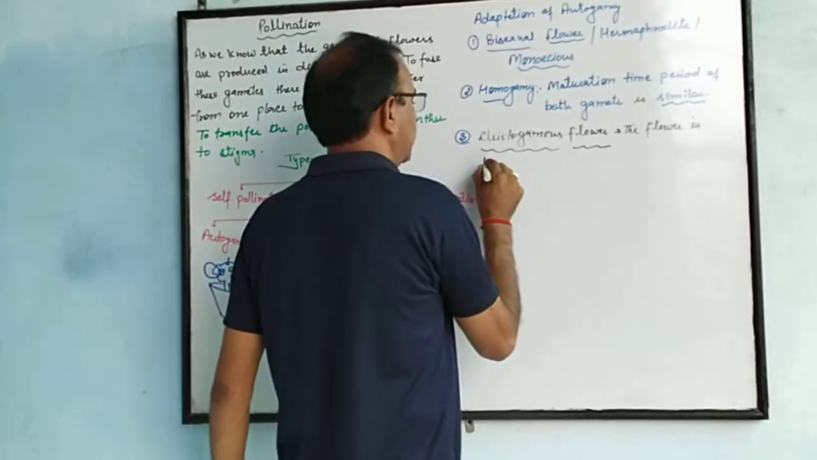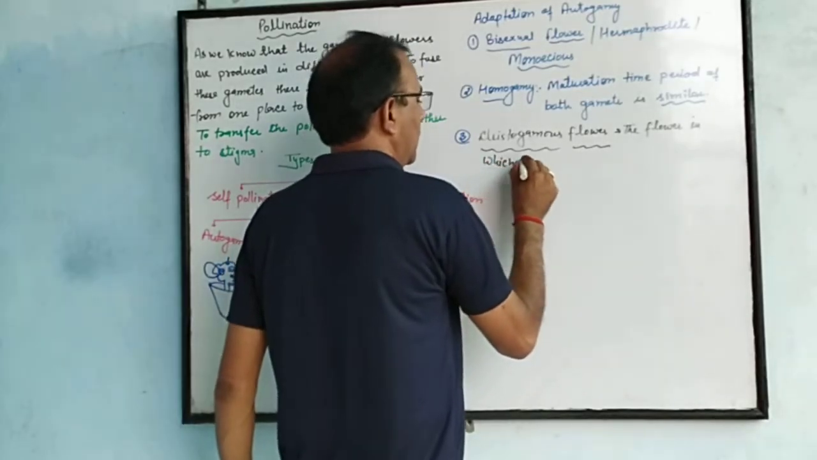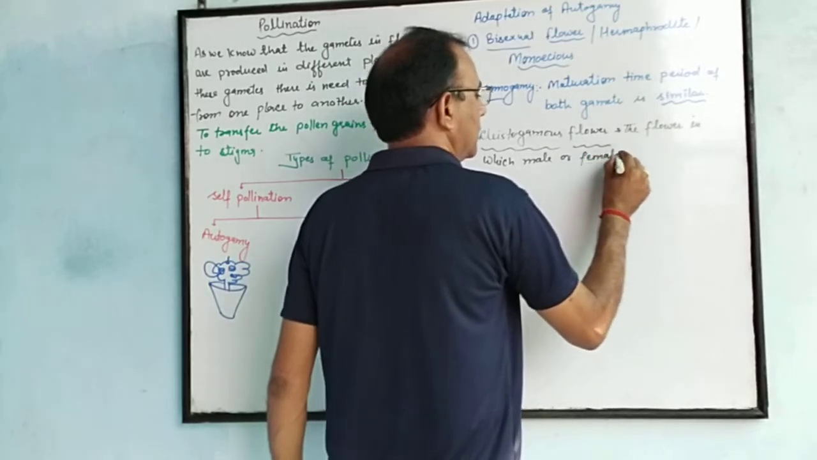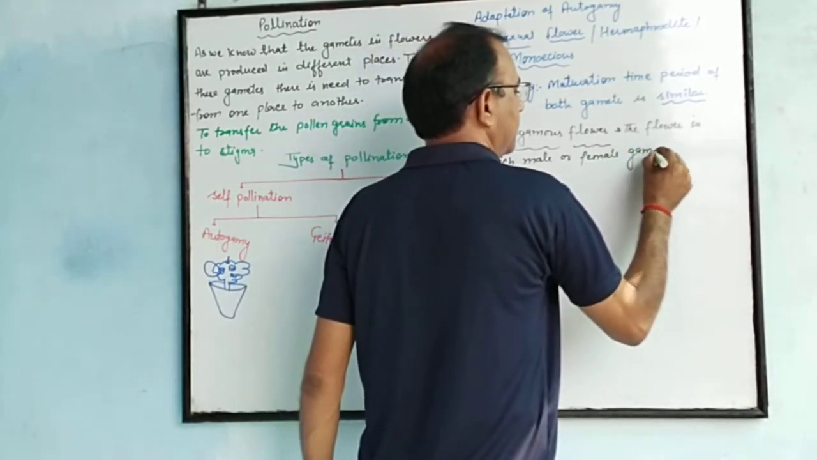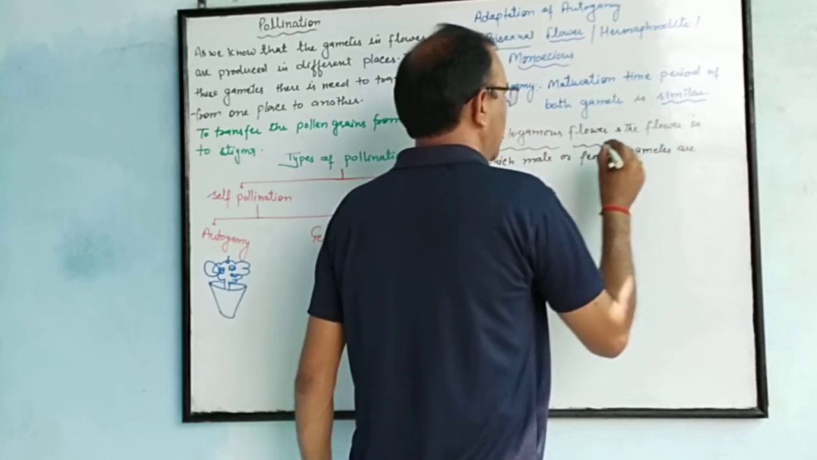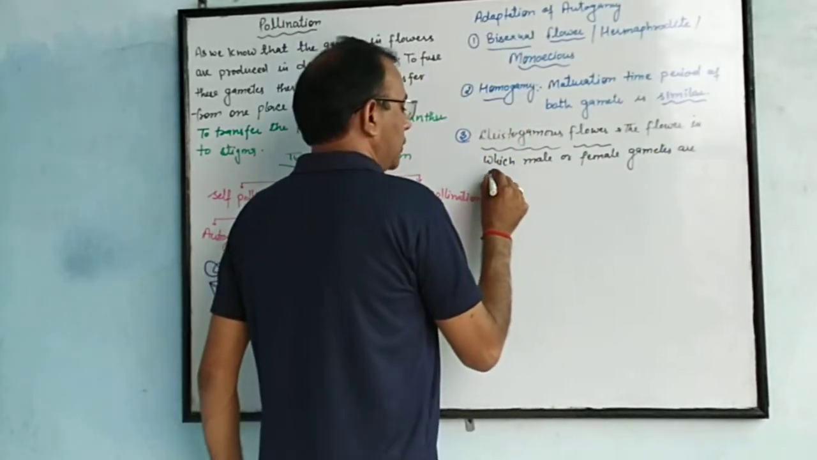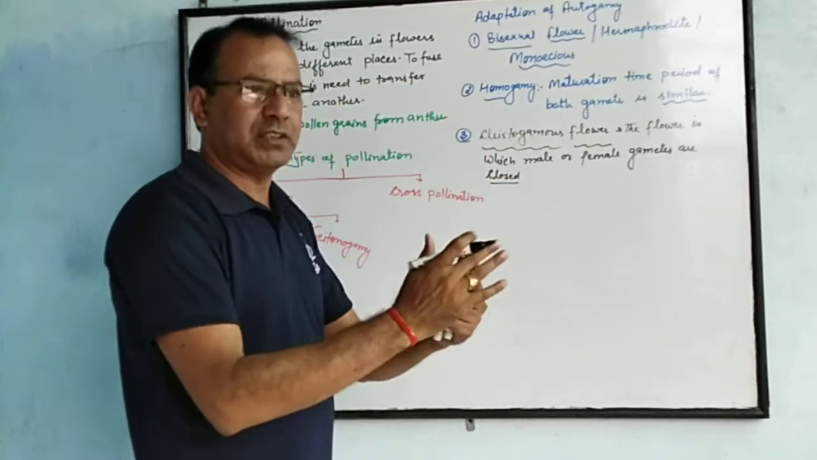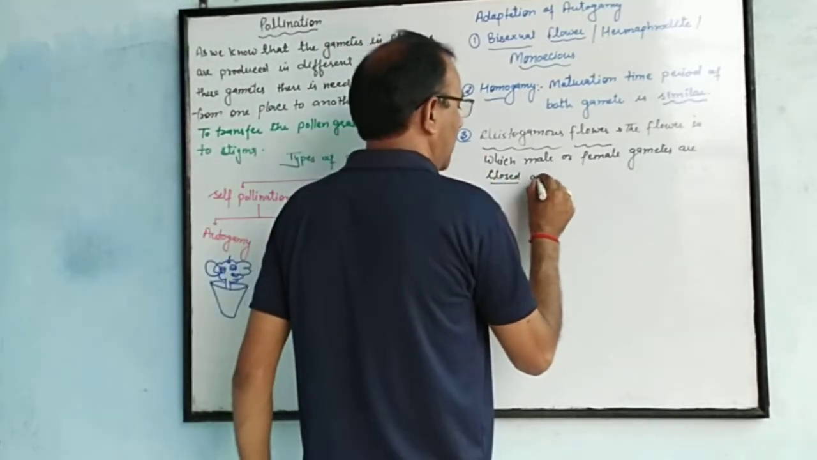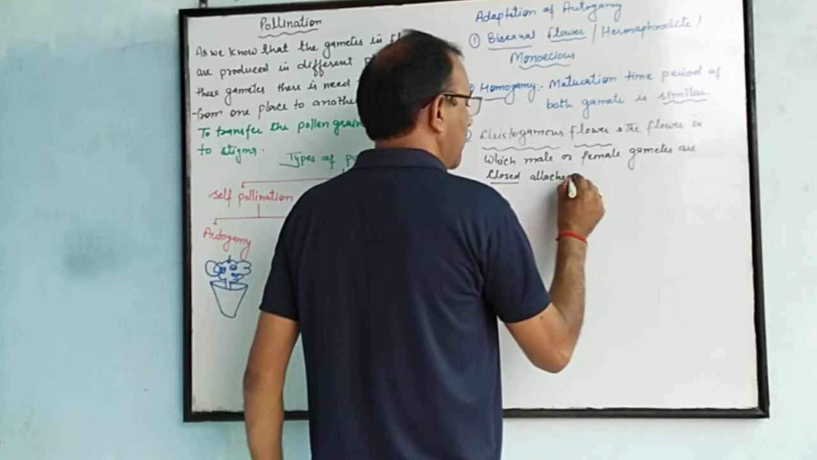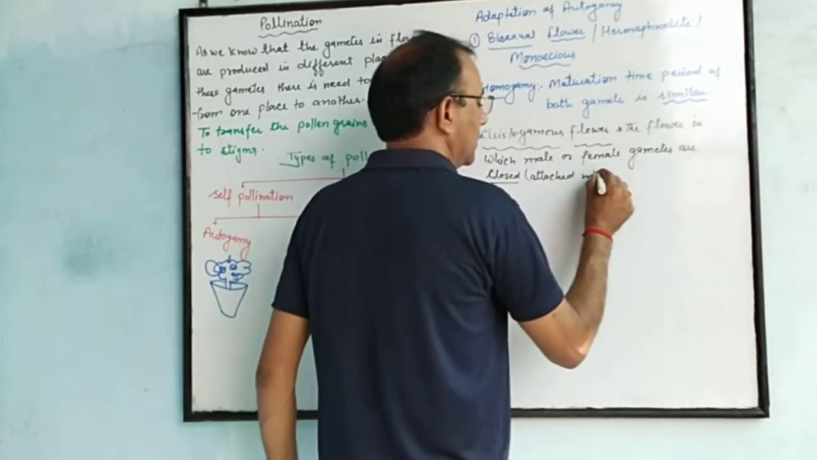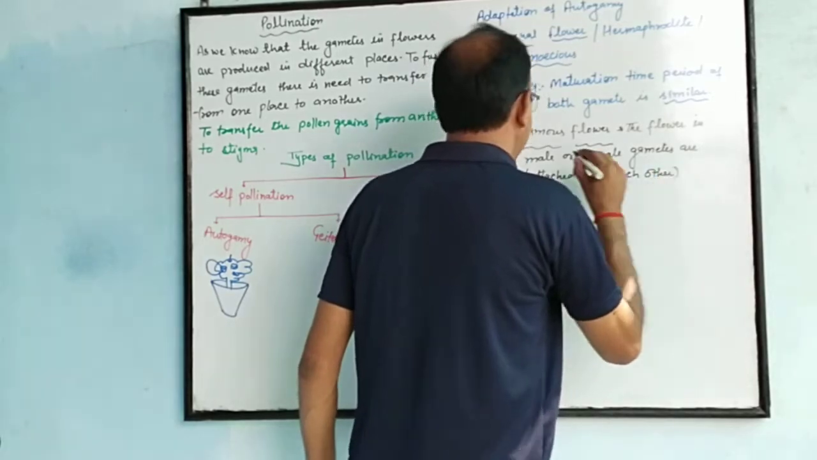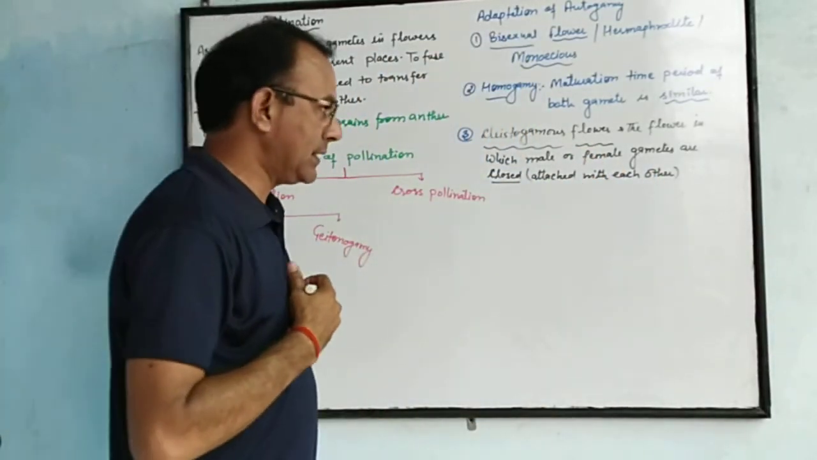The flower in which male and female gametes are closed, or you can say attached with each other, is called clistogamous. For example,